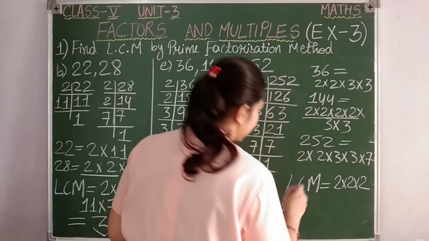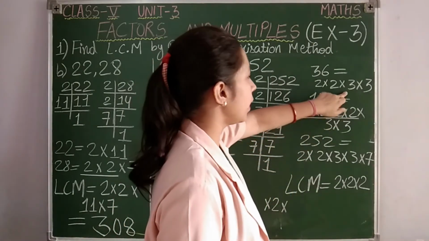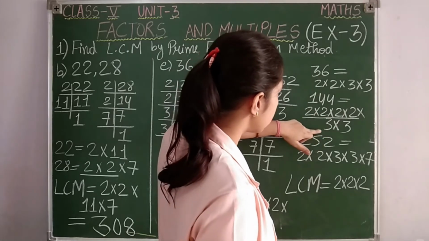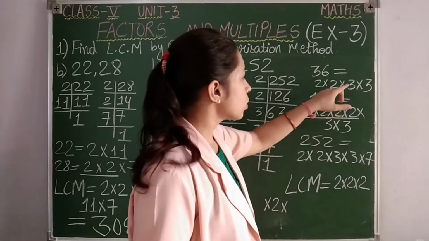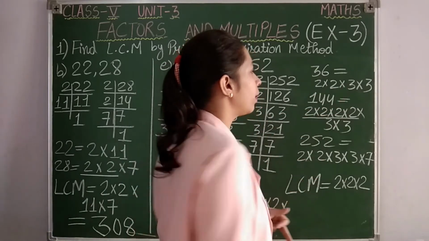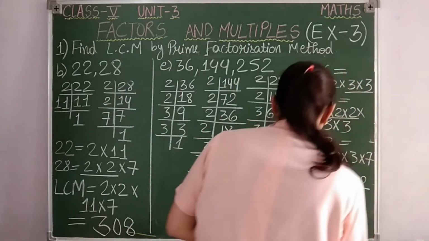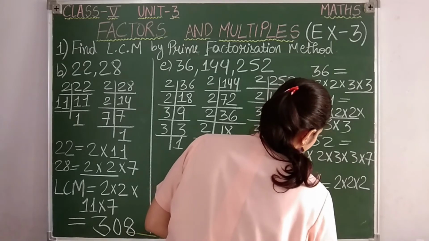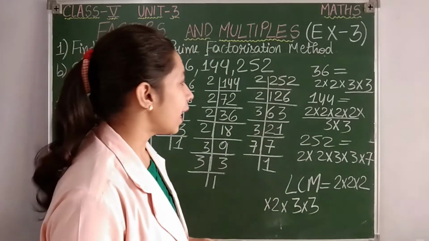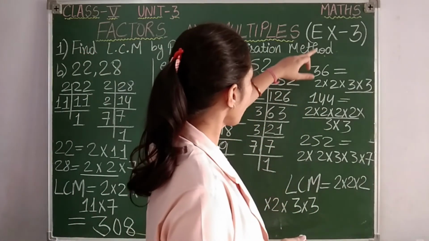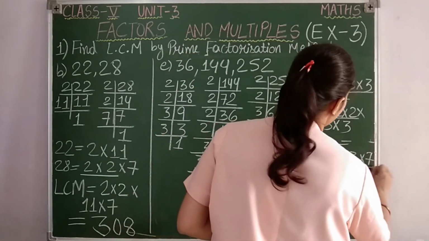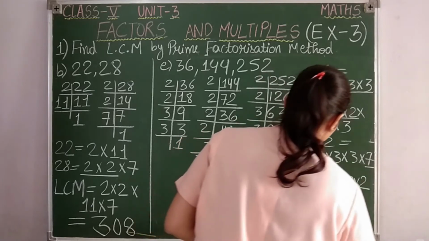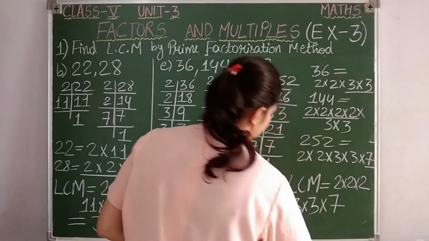Okay, let us check for the other number. 3 is repeating 2 times. Here 3 is repeated again 2 times. Here 3 is repeated 2 times. So the same one. So what will you be doing? You will be taking 3 into 3 as common, one pair. Okay, students. Then the next step is another number. Then only one is left, which is 7. Now we have to multiply and we'll get the LCM, students.